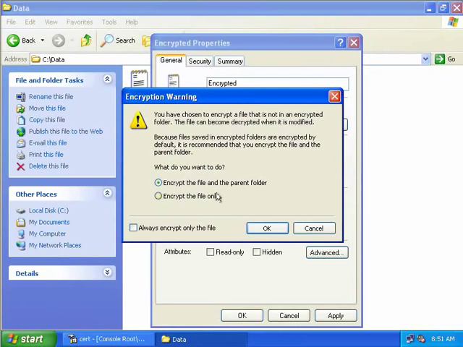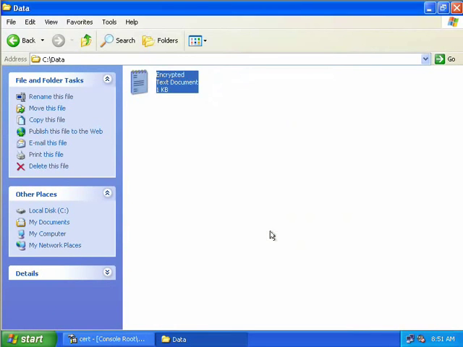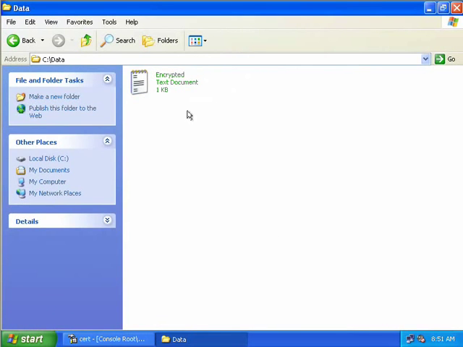And now we're getting a message here which gives us some advice about encrypting the folder as well. But for our purposes that's not necessary, so we'll just choose to encrypt the file only, and then we'll click OK. And now we can see that the text on our file has changed to green, indicating that it's now